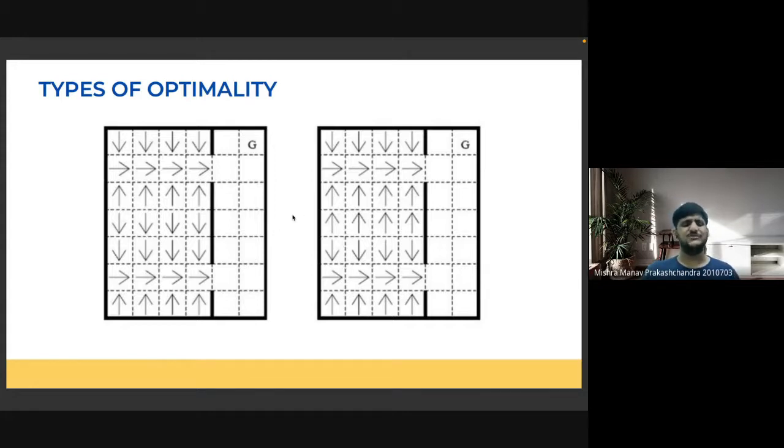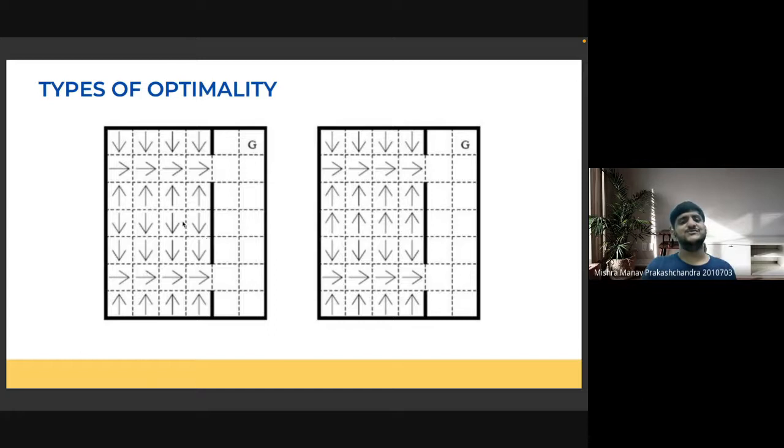But there are also certain sub cases where a certain optimality is preferred over the other. In this case, if it's an open map kind of a thing, both optimalities give similar results, but the hierarchical optimality is preferred. But sometimes there is some sort of an obstacle in between over here, or some sort of a wall.